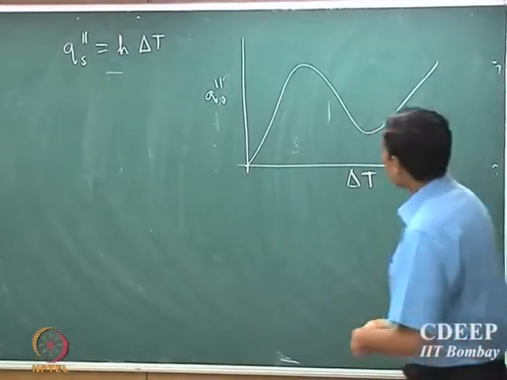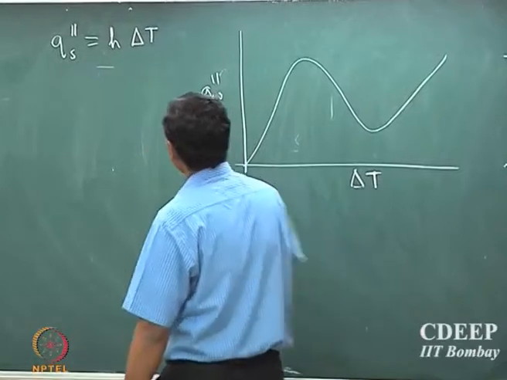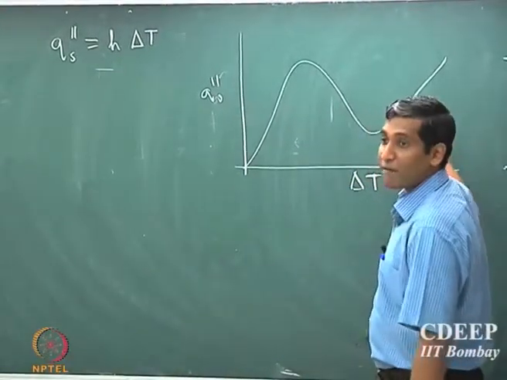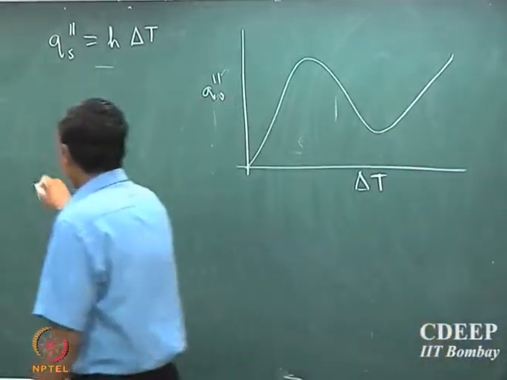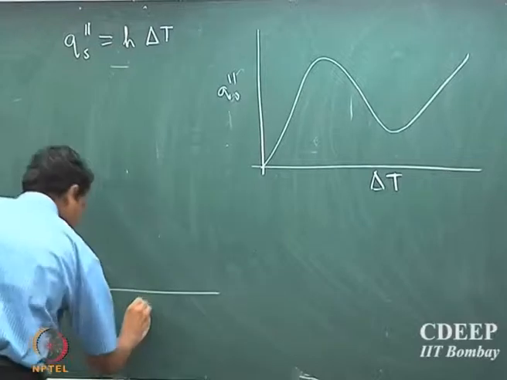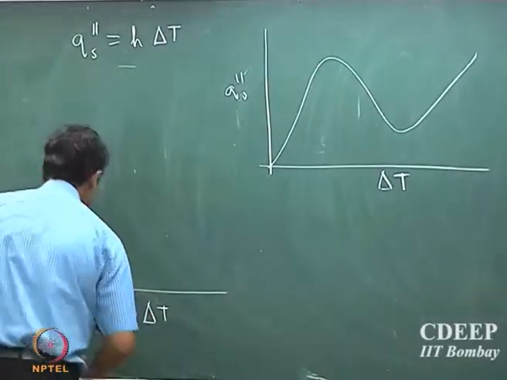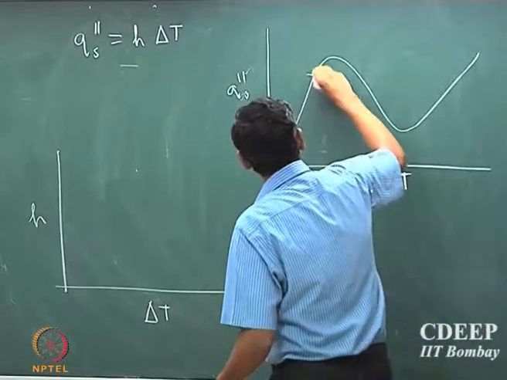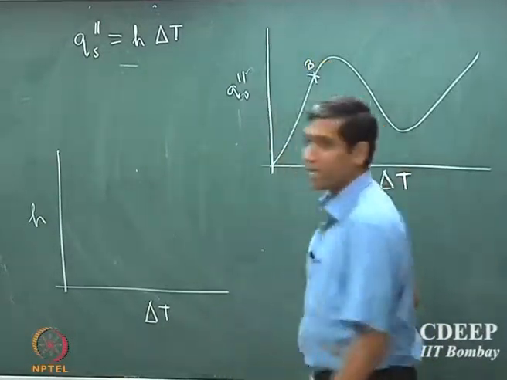So H can actually be directly calculated from the boiling curve. If I plot H versus delta T, then up to the inflection point, if I call this B,